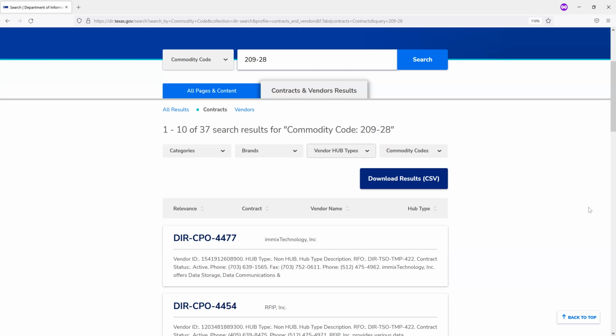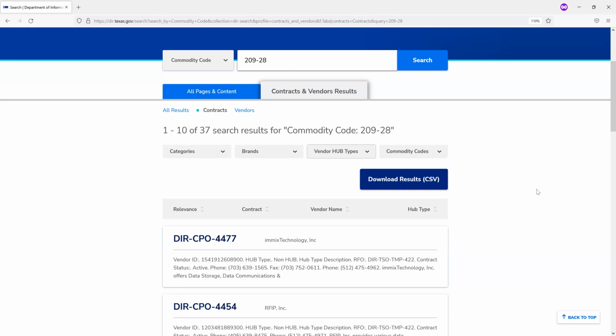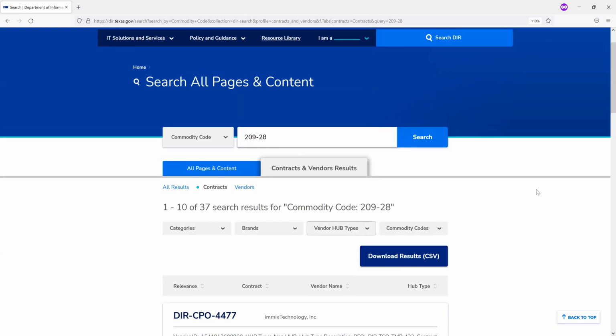Hey, Tony. Yeah, go. We do have a specific question about your searching right now. Can you search by multiple commodity codes or just one at a time? Right now it's one at a time. I have that out as an enhancement for the future, because I understand that you may want to look at that. So right now I would recommend searching commodity code by commodity code and then downloading those results, and then just knowing which result set will have that particular commodity code. But I am thinking about that.